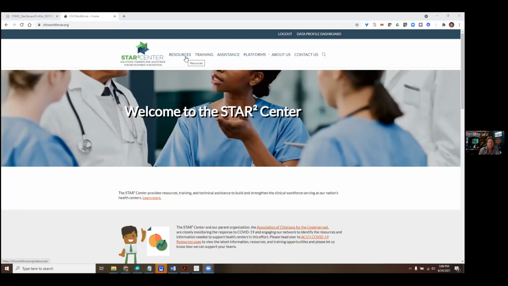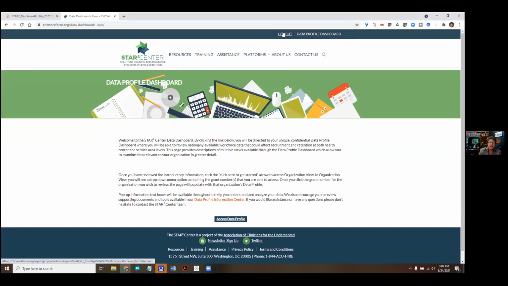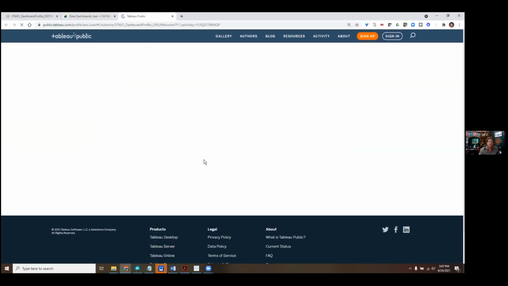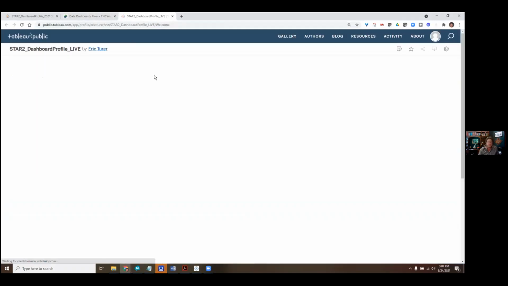Basically that's how you access the dashboards. Again, the login link will be given to the executive director of your health center or staff at the PCA if you're from a PCA. From the landing page, you'll just see data profile dashboard up here. If you click it, and you're logged in, you can see I have a log out, so you'll know you're logged in. And if you're logged in as someone who's already been authenticated to the dashboards, then you should be able to click this access data profile link, and that will take you to a Tableau page, which is sort of where we house our